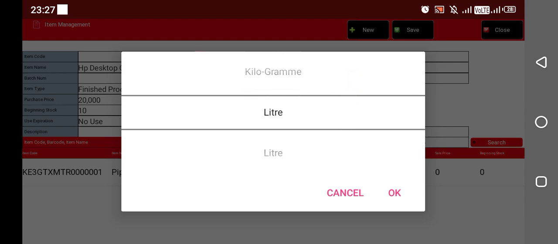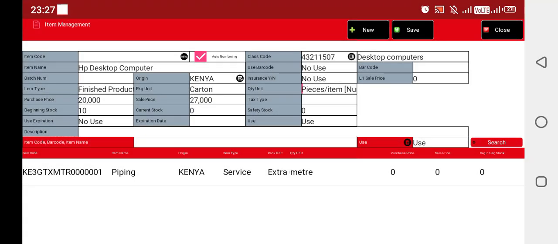But if it were something else, then you'll give the appropriate quantity unit. Maybe you are doing masonry work and you are charging by square meter, or you are selling cement after getting the whole lorry, you are selling them in bags. So in my case, I'll just go with the pieces stock item, which is a number,